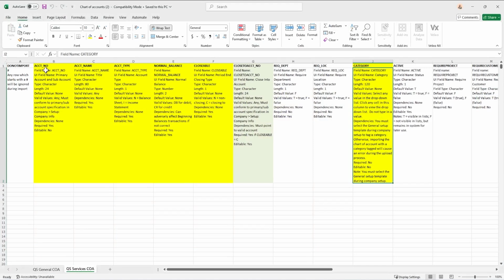And I have highlighted the fields that are required. So your required fields are basically going to be anything with a red asterisk when you're entering in your GL account. So account number, account name, whether it's a balance sheet or income statement, account type, if it is a credit or debit normal balance, if it is closing or non-closing, and then if it is closing, then which account is it closing to? So that's green instead of yellow because it's only required if it's a closing account.